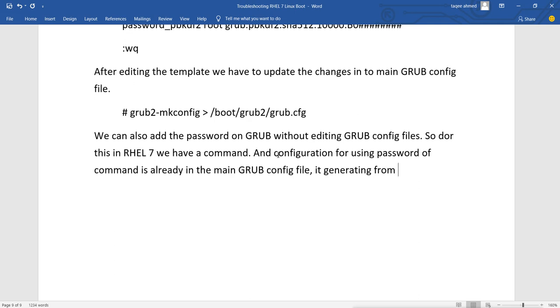The template name is 01_user. This is the template which generates this configuration for adding the password from the command. Let's see what we have in that template.